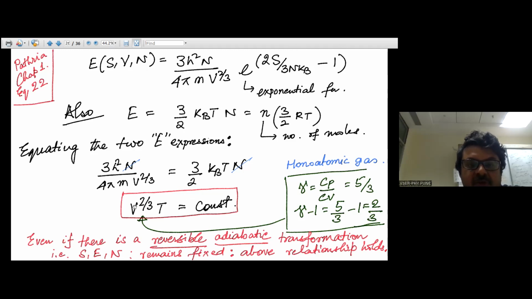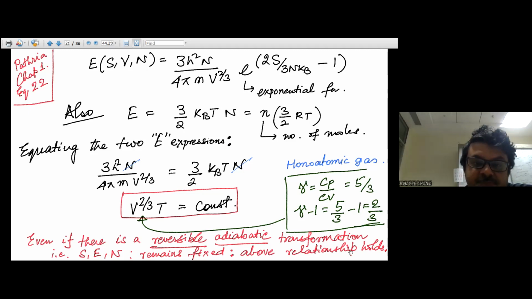But what we can write is V to the power 2 by 3 into T, and all the other terms are constant, including this, right? So as long as energy doesn't change, S is not going to change. So if there is a reversible adiabatic transformation, S, E, and N remain fixed, and the above